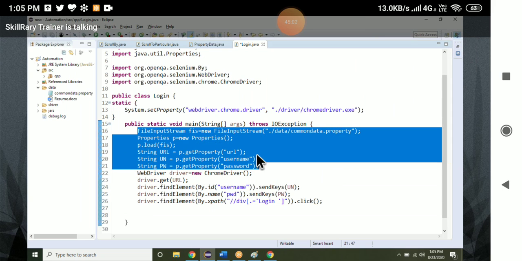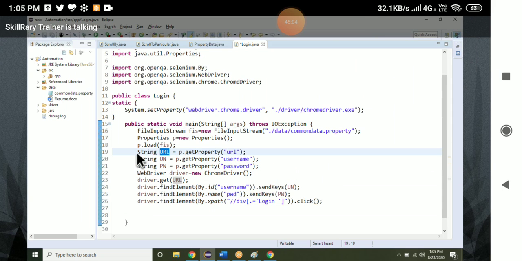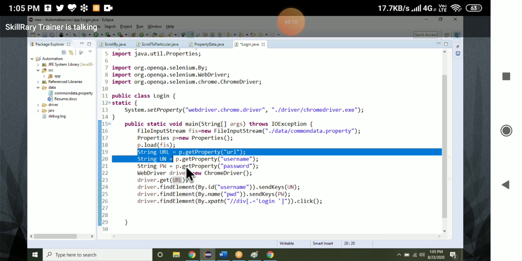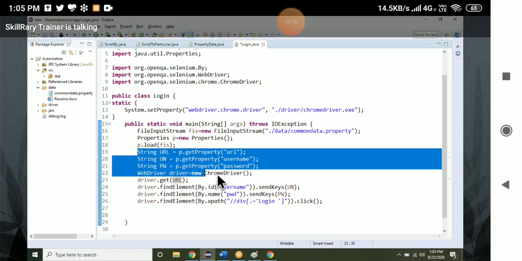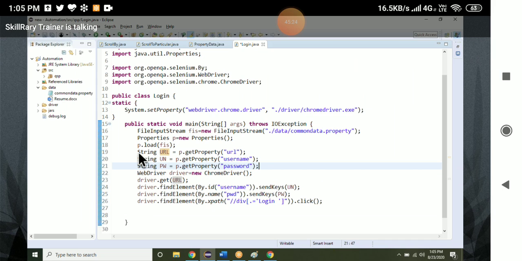Instead of line numbers 19 to 21, I can directly pass it here for the URL, instead of putting it in a reference variable. Same thing, instead of new L, I can pass this.